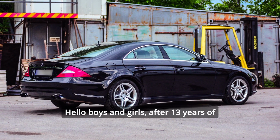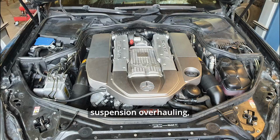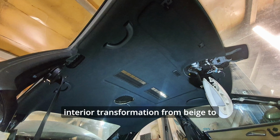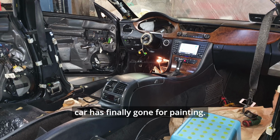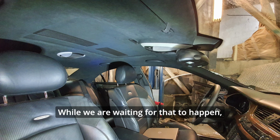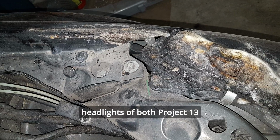Hello boys and girls, after 13 years of abandonment, engine rebuilding, suspension overhauling, interior transformation from beige to black with Alcantara, seat installation, the car has finally gone for painting. While we are waiting for that to happen, let's take a look at the headlights of both Project 13 and